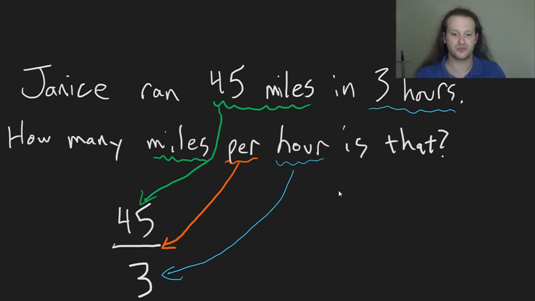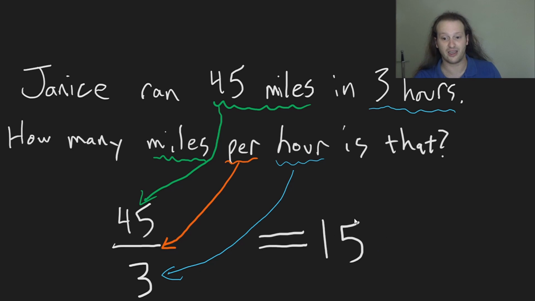So we're going to reduce this by dividing both the top and the bottom by 3 to reduce the fraction, or you can just divide. Well, 45 divided by 3, it's not in the times tables, I know, so go ahead and whip out your calculator. There's no shame in it, seriously. 15 miles per hour. So for every hour she ran, assuming she ran at the same pace the entire time,